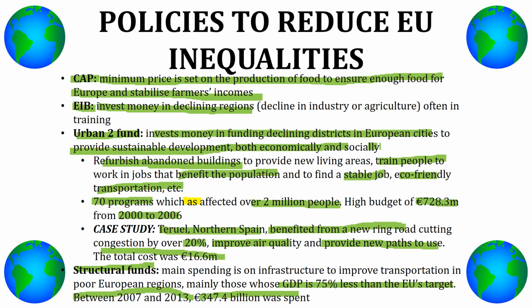And the total cost of this was 16.6 million euros, which isn't really a lot when you think about it, because it's benefiting a whole city, and it's quite a small part of the